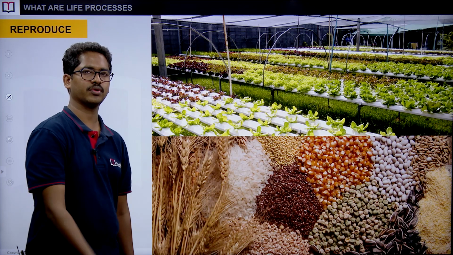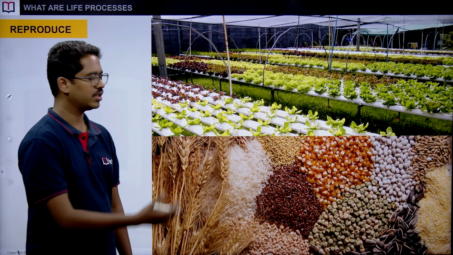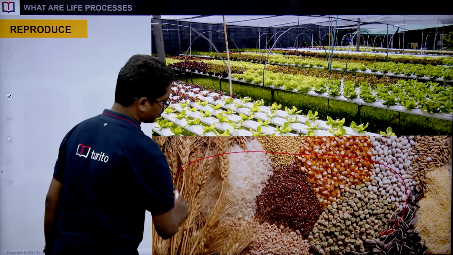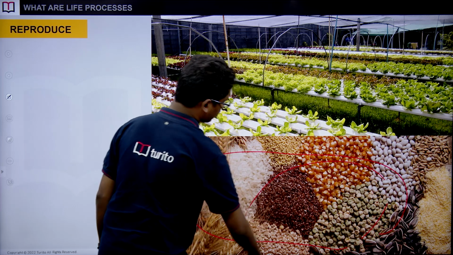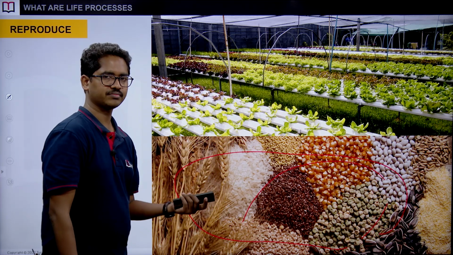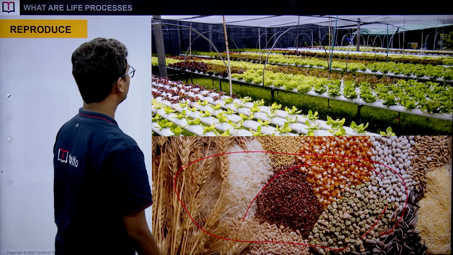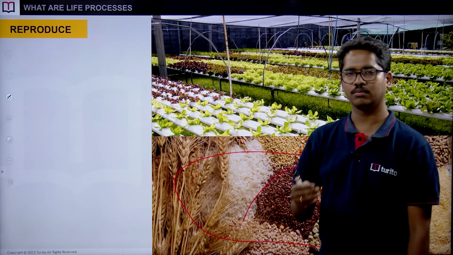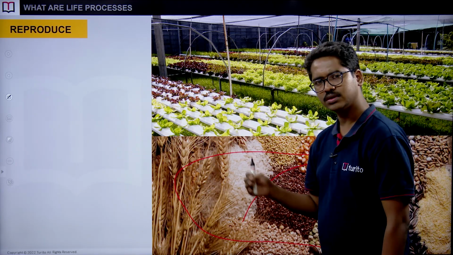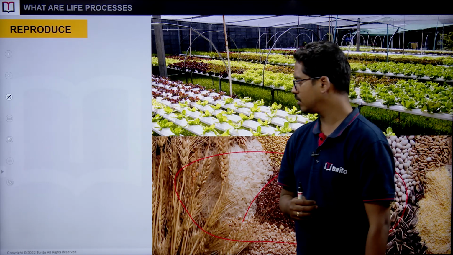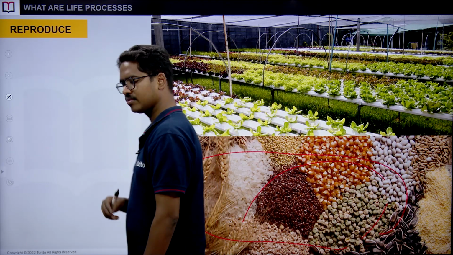Reproduction is a continuous process. So seeds, they all are seeds. What you can see on the screen here, they're actually seeds. So when you sow them, okay, they'll grow. The growth is common. So this is what you are looking at. It's a small garden, greenhouse where they're growing some of the plants of commercial importance. So that gives us an understanding that this is how it grows. Okay, fine. So next is,